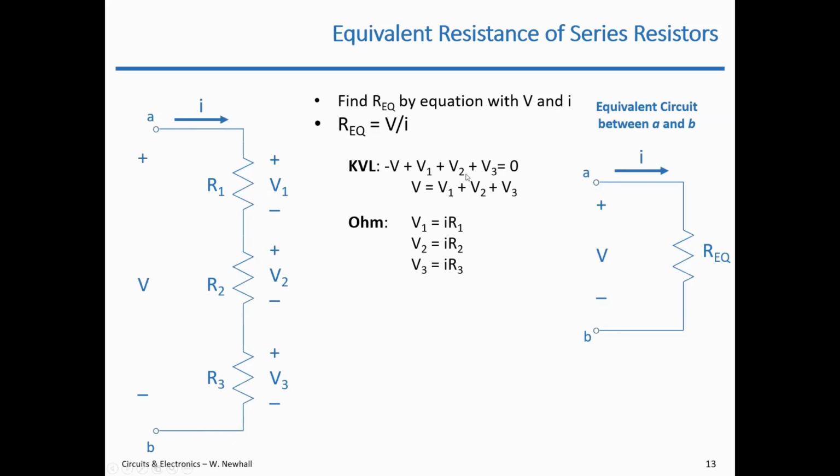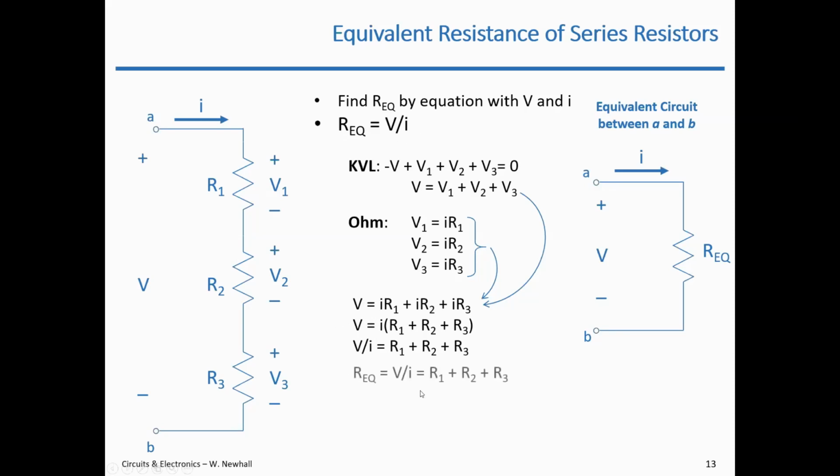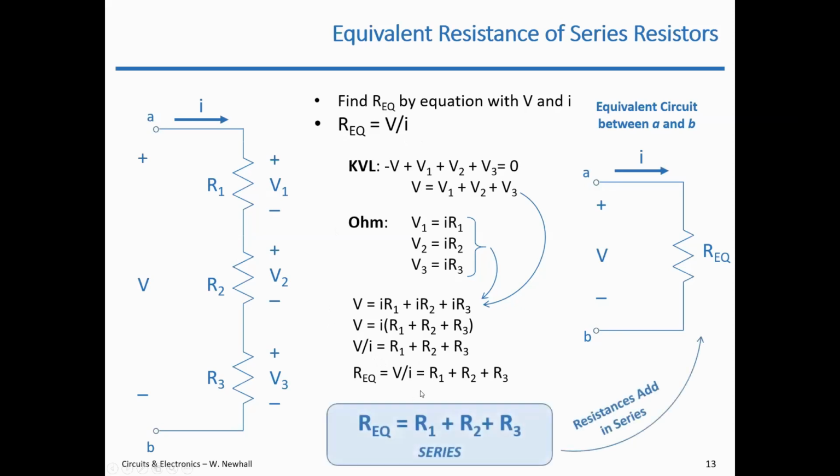Okay, so now let's plug these together. Let's put this V1 into this variable up here, right? Combine those, and you get the voltage is that sum of Ohm's law terms. And let's factor out an I. Okay, why did I do that? Now, because I can say V over I, this is what I'm looking for, V over I, is R1 plus R2 plus R3. So we've proven what you've probably seen before, but again, it's good to have a basis for it, that